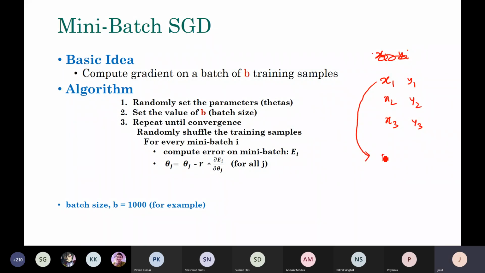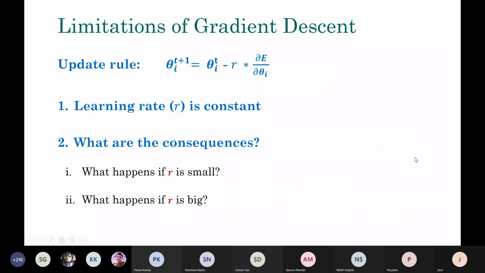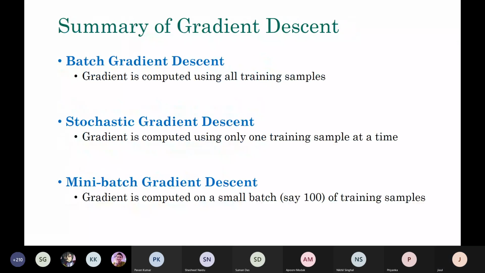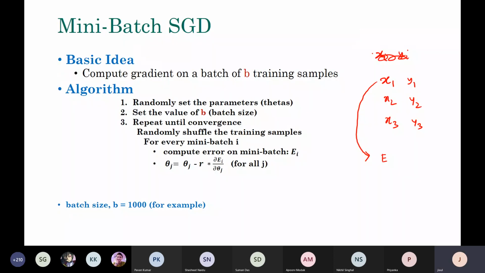Then you are computing, say, E from here, only based on that. Now you apply these update rules based on this. So for theta0, theta1,